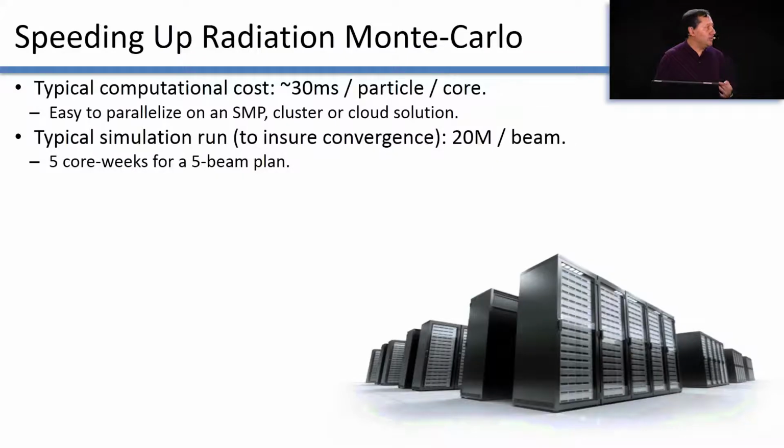So when people do this today, they use existing tools, Monte Carlo tools in fact, and those tools are quite slow. They are meant to be very general and very accurate, but they are relatively slow. So when you do this Monte Carlo, for each particle, approximately 30 milliseconds of computation. So you say, oh, if I want to make a 20 million particle beam, which is a number that gives you some good confidence in the statistical results that you get, it's about 5 core weeks. So 1 core, about 5 weeks time, a long time.